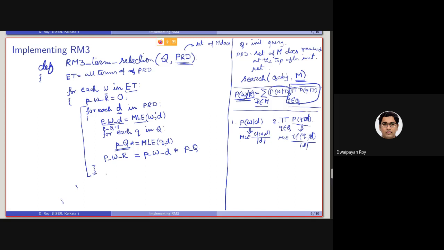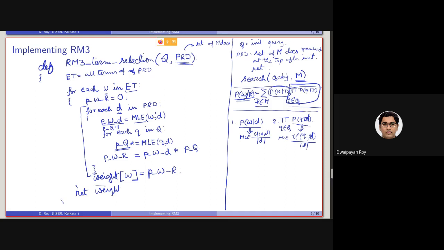So we can store that in a dictionary maybe. Let's call it term weight, where the key will be the word and the value will be its P(W|R) value. So for each word, I'll be setting this. At the end of this function, if I return the weight,